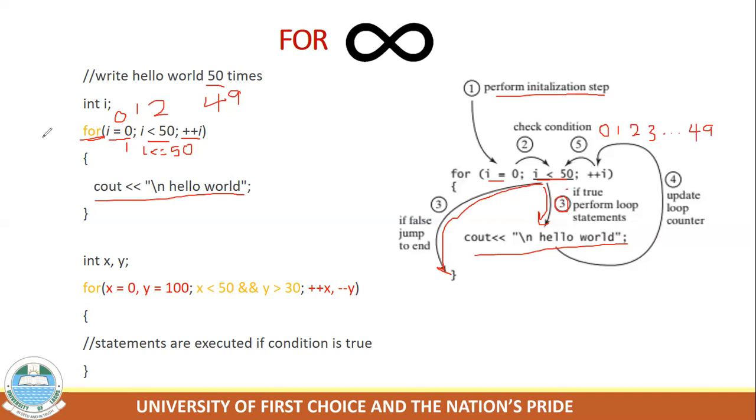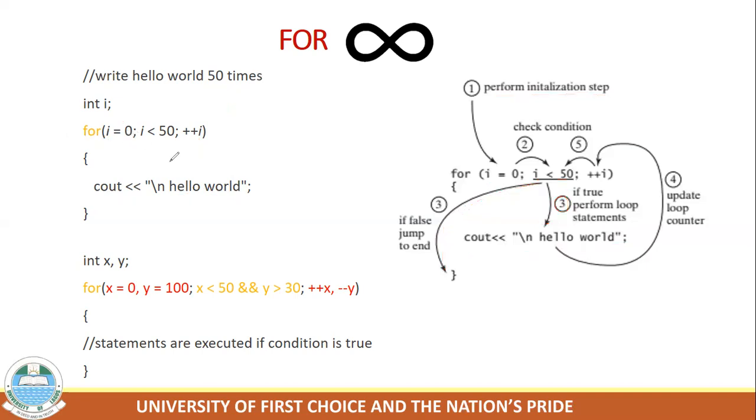Now, this is when you just want to use a single variable. What if you want to test for more than a variable? So you just want to test. You're starting with x equals 0. That's x equals 0. So x now is 0. Y is what? 100. So what do we say we do? Now it checks, is x less than